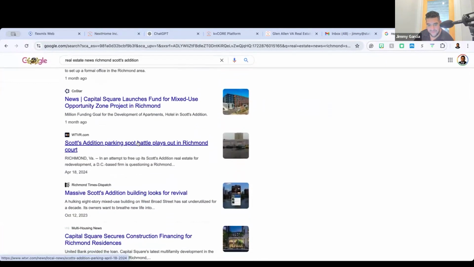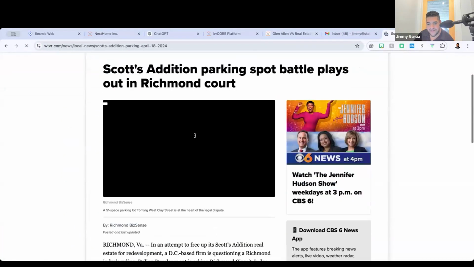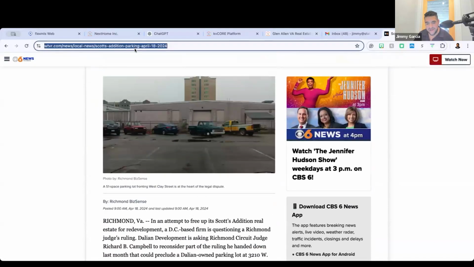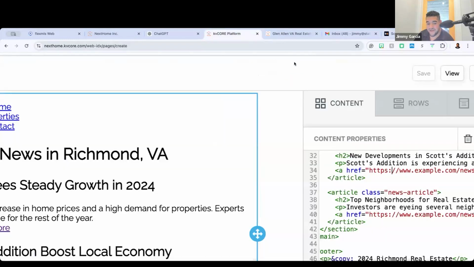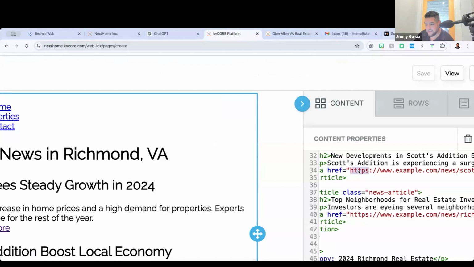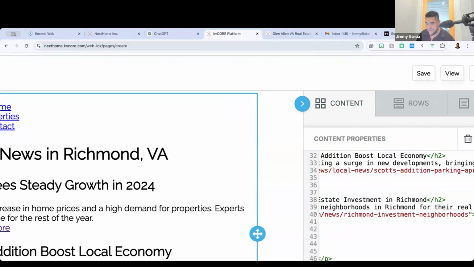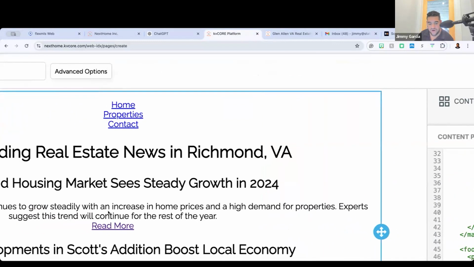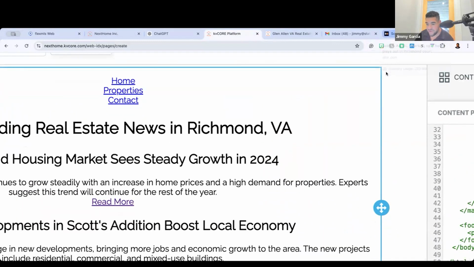This is a big one. If anybody is familiar with the Richmond area, everybody is fighting because there's no parking. Everyone's up in arms about it. So if I want to post on my website, hey, major parking update for Scott's Addition, I come in here, I copy that, and I click on this. You have to stay within the parentheses, delete everything within the parentheses, and paste. Now I have an actual link. When I click on read more, it's going to bring me over and open that up.